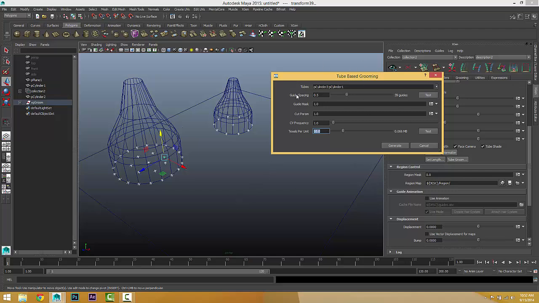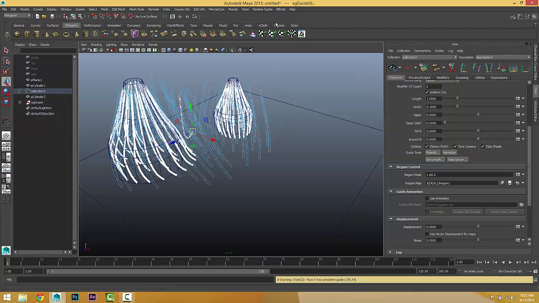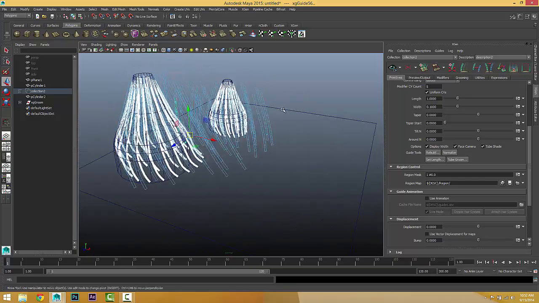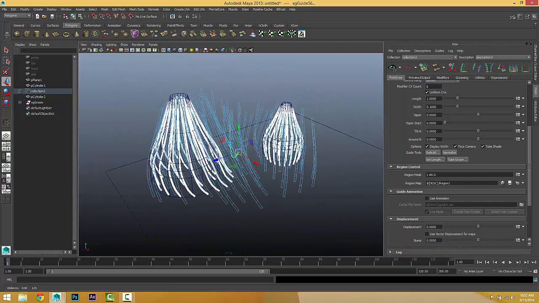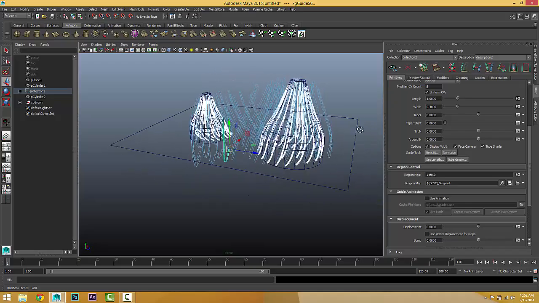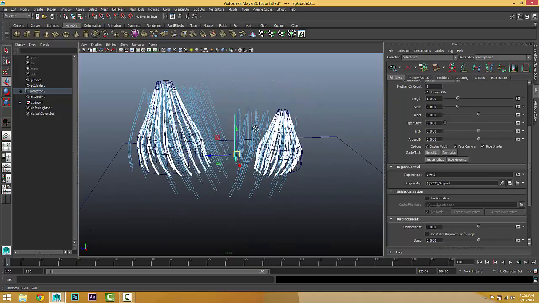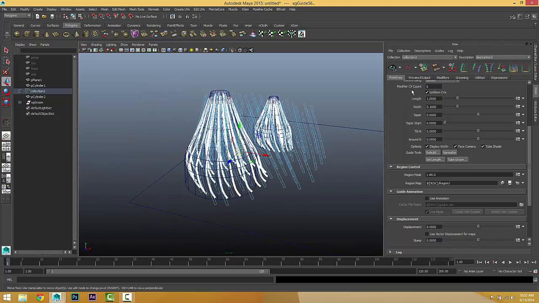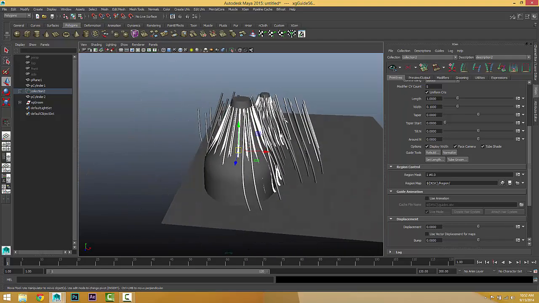So with everything like that, you can just choose generate, and wait a few seconds to let Maya load it, and then it's okay. If you go back to the shading mode,